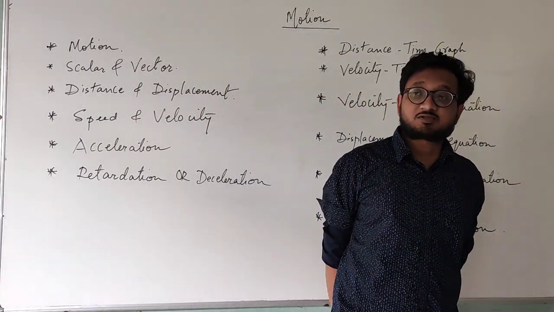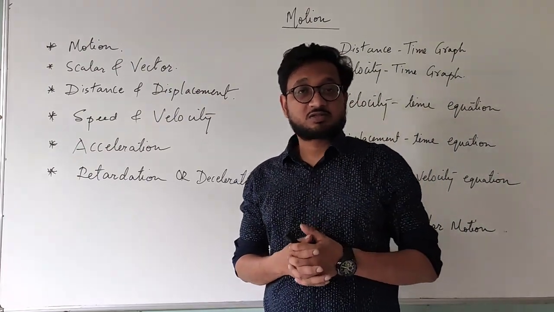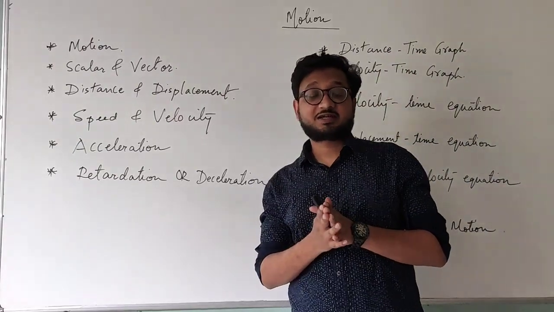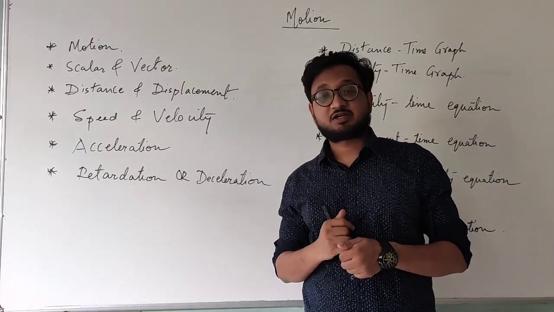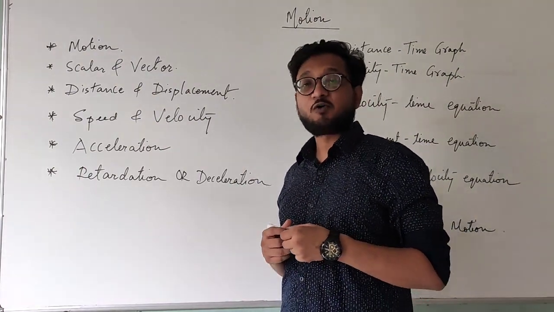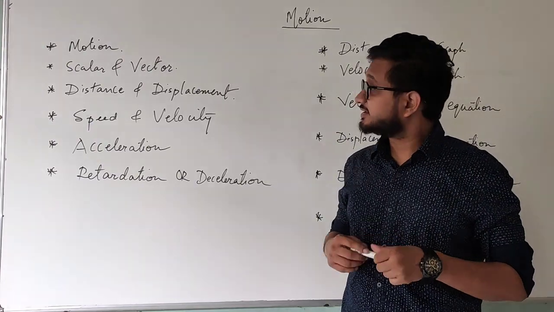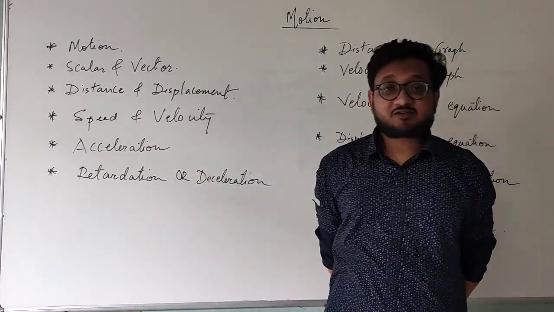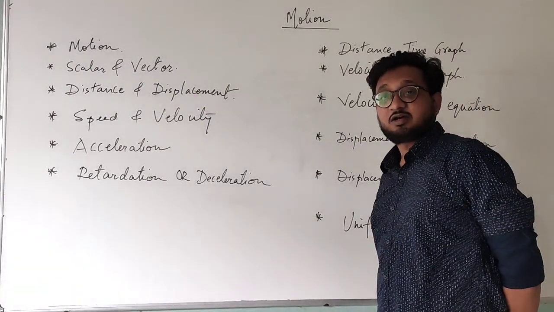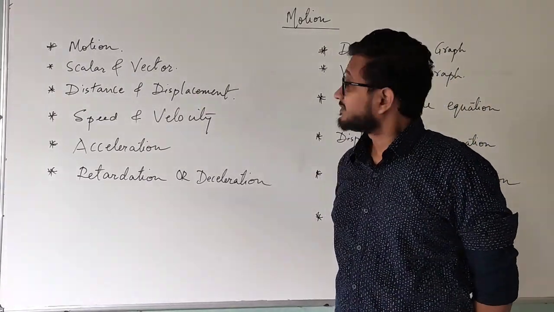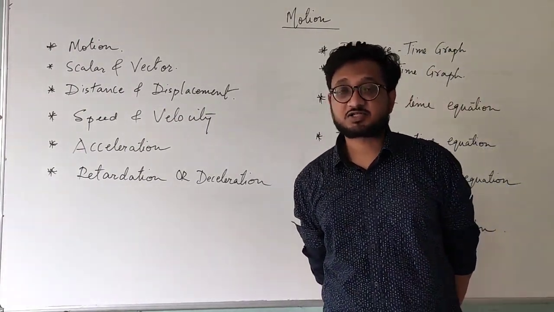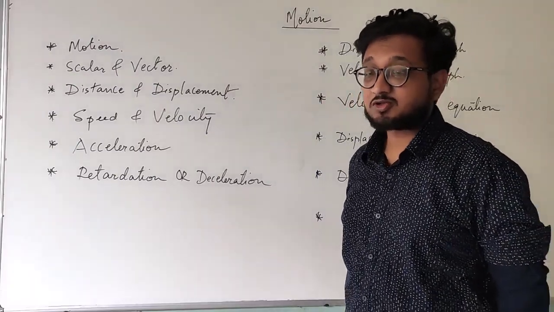The other thing that we studied, which is a new concept, is scalar and vector quantities. Now some physical quantities around us require only a number to define, and others require a specific direction as well along with the number, of course. This number is called magnitude, which we have already studied in class 8. A scalar quantity is a physical quantity which requires only a magnitude to define it. On the other hand, a vector quantity requires magnitude as well as direction to describe the physical quantity.